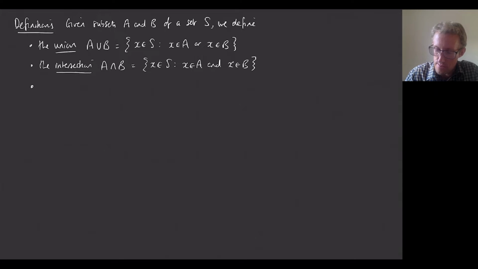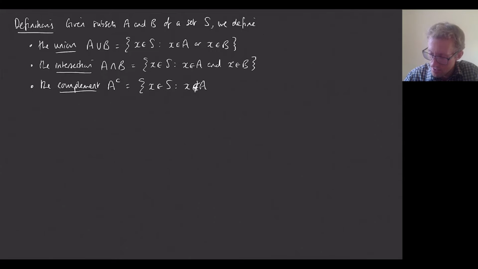Okay, we also have the complement. This is of just one of the sets, so I'll call this A^C. That is the set of all x that are in S, but that are not in A. Oops, I'll write that bit better. x is not in A. Okay, so in that example, that would be the set of all students in Oxford who are not studying maths. They don't know what they're missing out on.